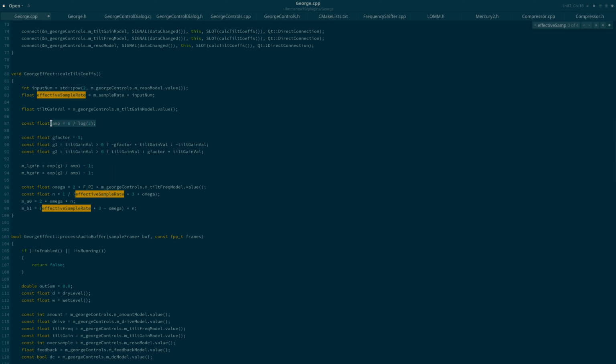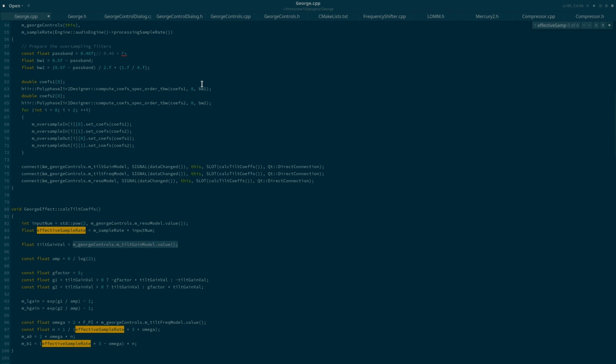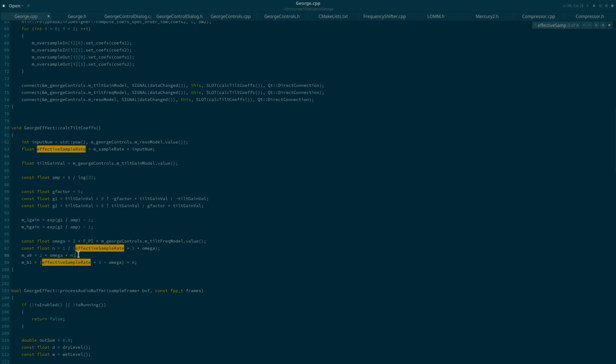You have this constant. It never changes. Okay, you divide by that. Then you have the G1, which is controlled by the tilt gain value, and if it's greater than 0, it's that thing, and if it's not, then it's that thing, and that's a constant too. Then you have the gain value, controlled by the knob, which means it moves. And this is controlled by this, and you have 1 divided by the sample rate multiplied by theta, and then it has the